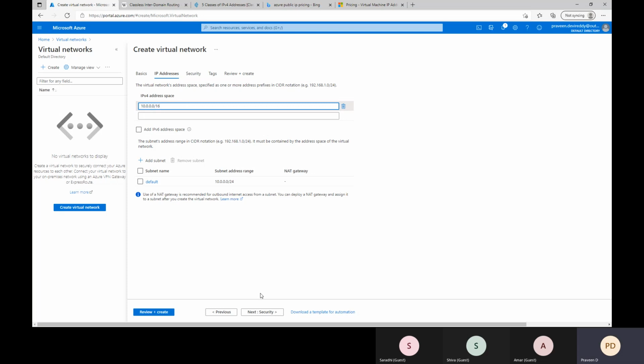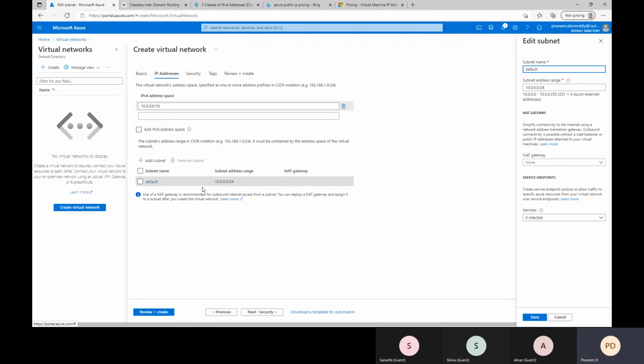Okay. So next, by default, while creating a virtual network, there should be at least one subnet. Without one subnet, it will not allow you to create the virtual network. So by default, the subnet name it has given is default. And what is this subnet address range? If you want to change this, click on default, the name of the subnet.